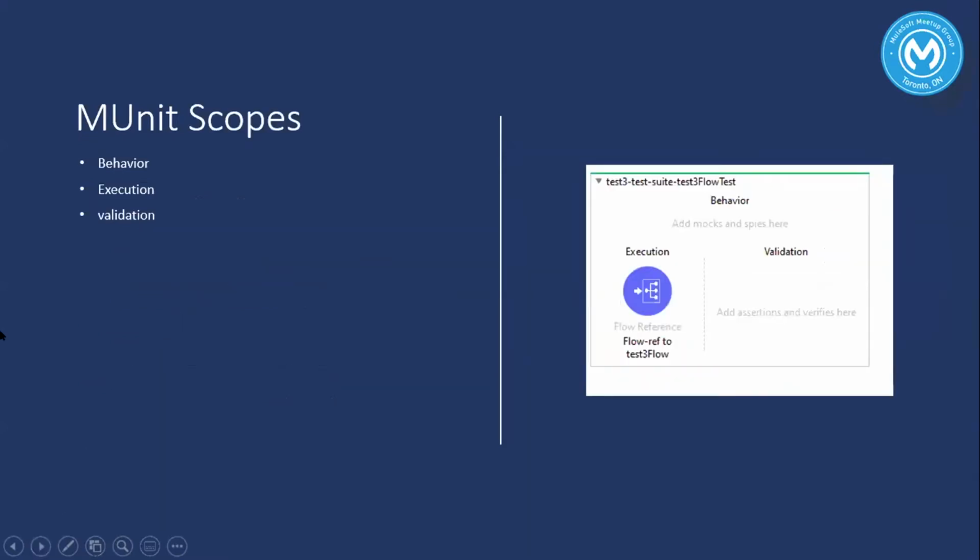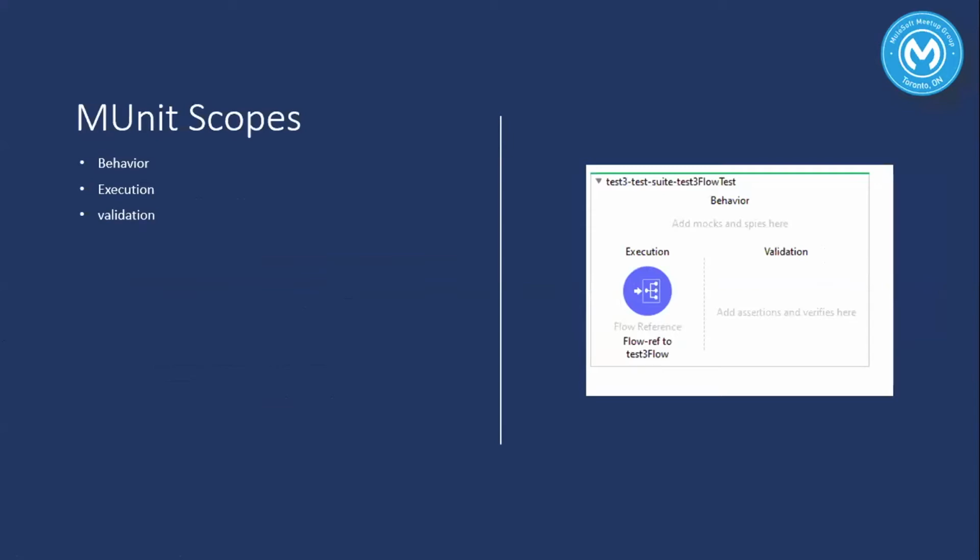MUnit has three scopes as its main building blocks: behavior, execution, and validation. Behavior is to set the preconditions of the execution of the code, and execution is to implement your actual test logic.